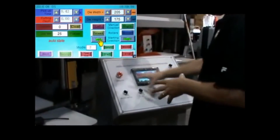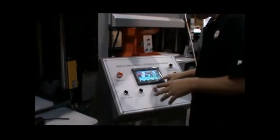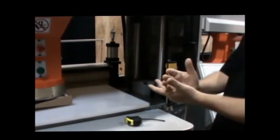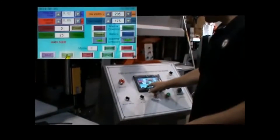Now from here, those are your basic settings. I should note that if you need to stop the machine for any reason, you can stop it by hitting the red stop button there, hitting that, or hitting this. There are 3 different ways to stop this, and when you do, it'll rise to its upper height and position immediately. No matter what it's doing, if it's in the middle of a stroke, it's going to stop and go to the top. So from here now, I'm going to go into settings,